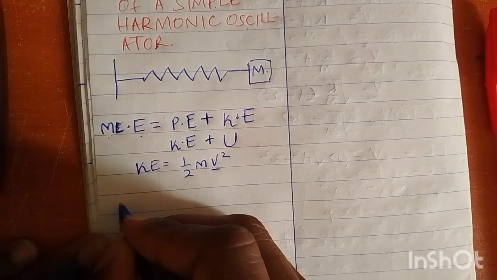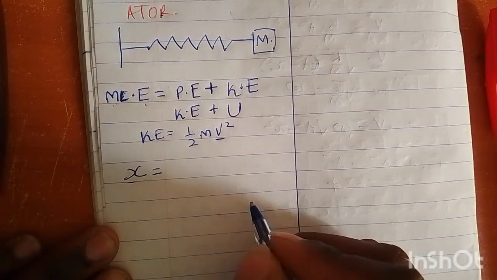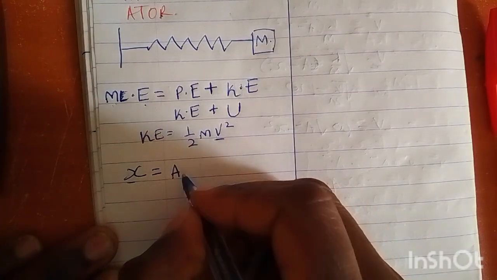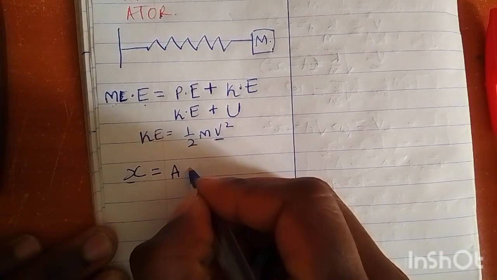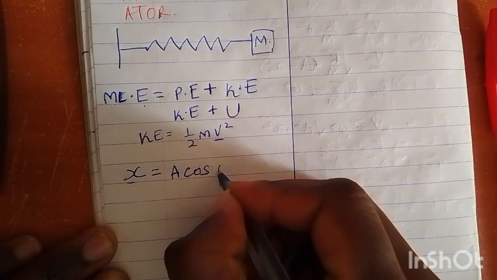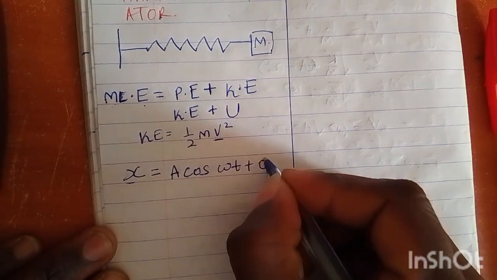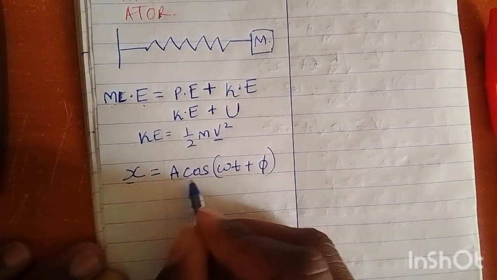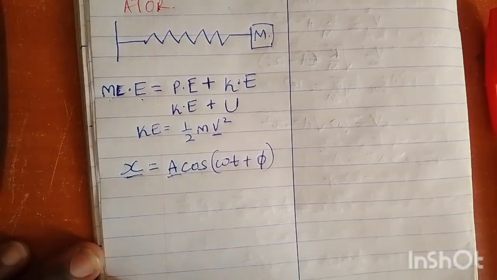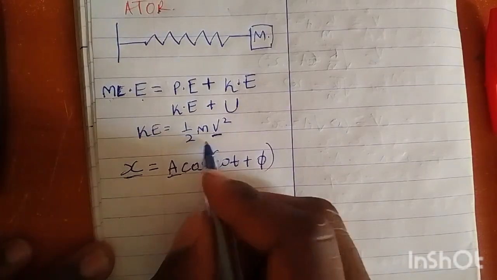Therefore, for a system moving in simple harmonic motion, the displacement is given by x equals A cos(omega t plus phi), where A is the amplitude and omega is the angular velocity. Now, to get our velocity,